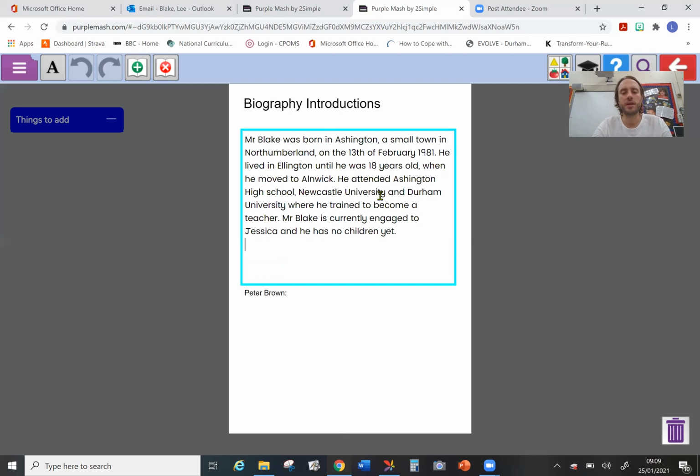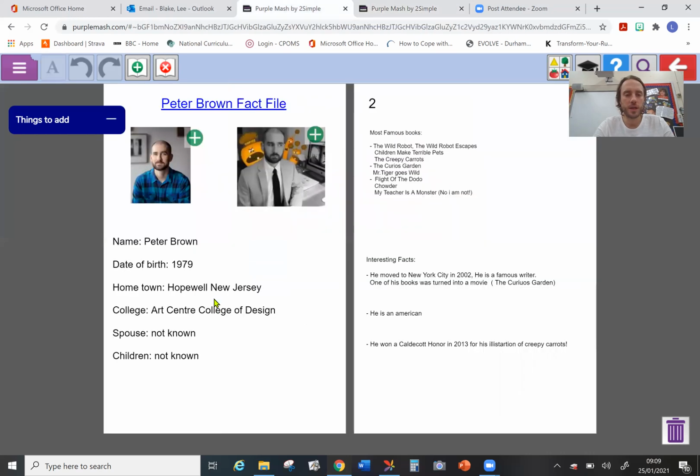So that's Mr. Blake done. So you need to write this introduction for somebody in your family, probably someone that you live with or someone that you can ring up and find some facts about. And then once you finish that, you can then do your Peter Brown one by using this information. So Peter Brown was born in 1979 in Hopewell, New Jersey, America. He attended the Art Center College of Design, where he learned to draw and illustrate picture books. Of course, we don't know if he's got a spouse or children because we couldn't find that information online anywhere. Okay, so good luck with that. I'll be able to see how you've got on by looking at your